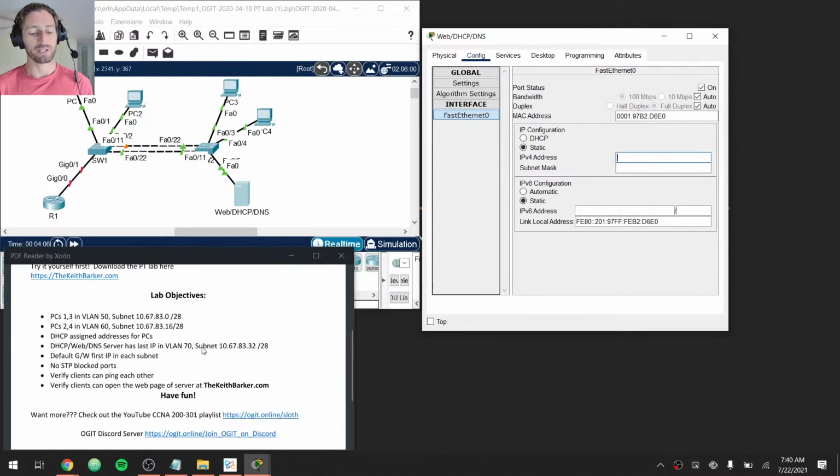So this is the last IP address in VLAN 70. This is the IP subnet for VLAN 70, 10.67.83.32. So this is a /28 network. A /28 network has a group size of 16. So if we do this network ID, .32, plus 16, that'll take us to 48. That's the next network, the next /28 in the series. The IP address right before that, which would be .47, would be the broadcast IP address, which is not usable as a host IP address. So when this bullet here says the last IP, what it's going to be looking for is .46. And then the mask is going to be